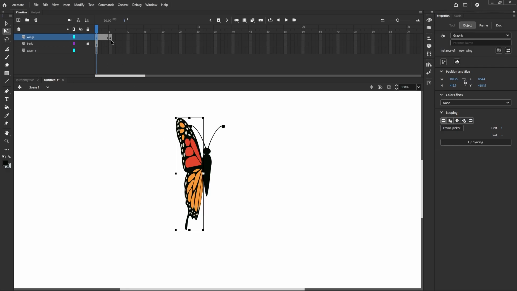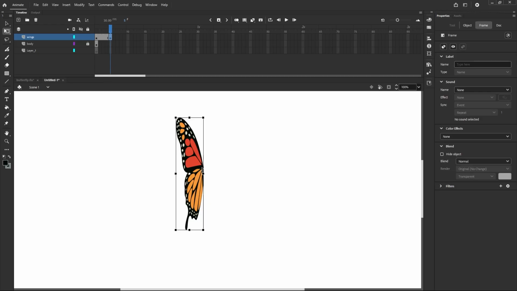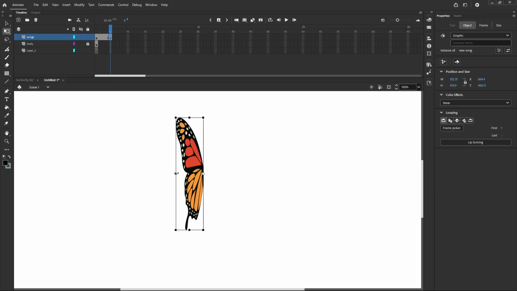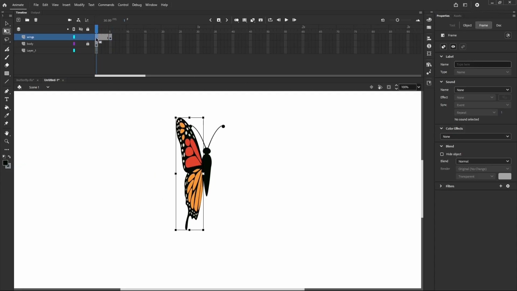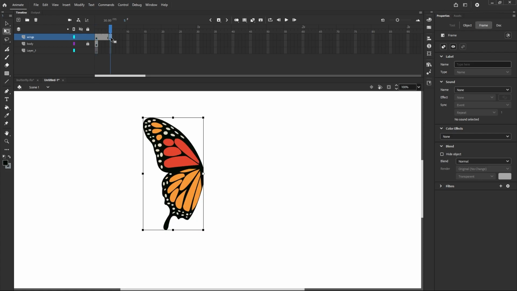This will be there, and here this will be stretched, so it opens that wing. The first one is the down portion, and this is the mid portion, open that wing, and here